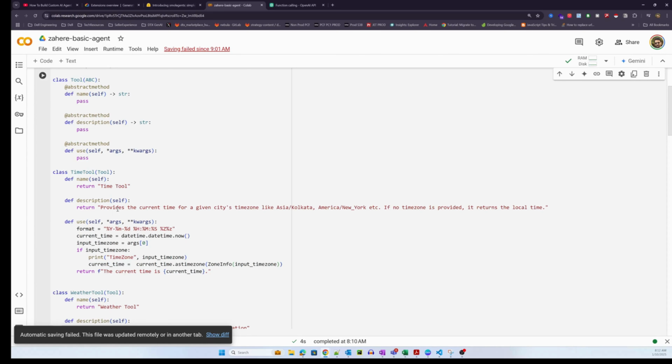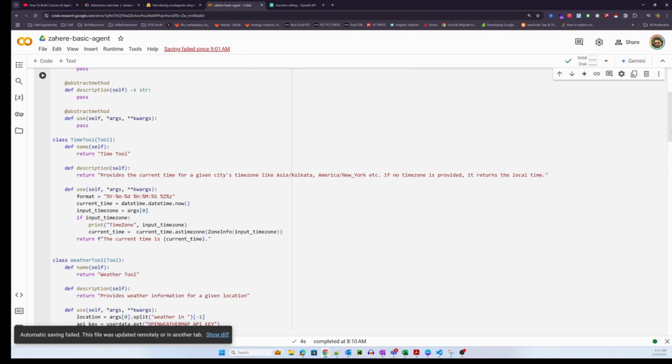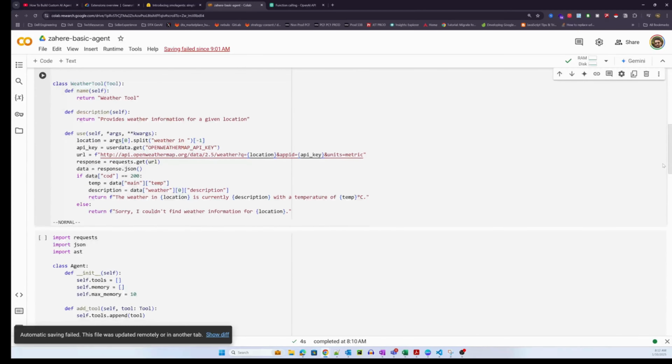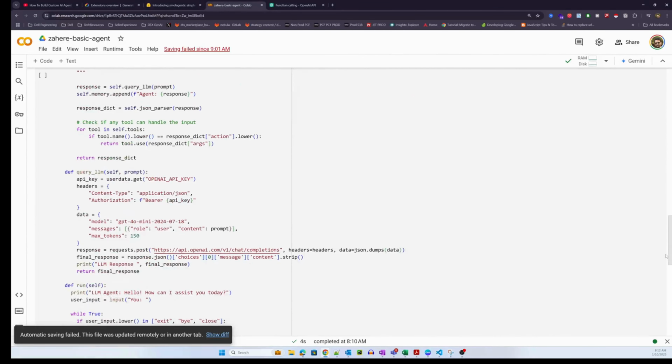Now, description is probably the most important method here, because this gives the context to the LLM that this is what the tool is capable of doing, and for specific scenarios use this particular tool and execute the task that the agent, or the customer or user, intends to execute, right?